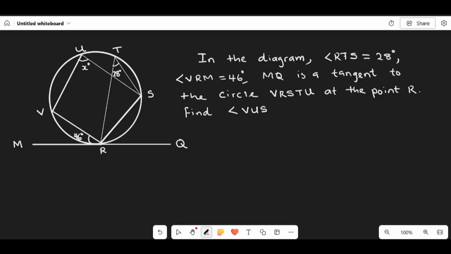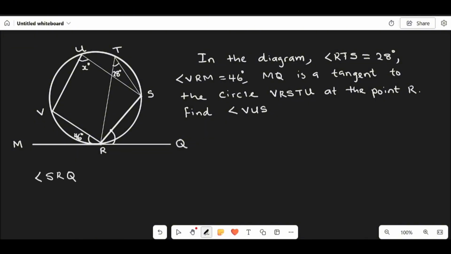is equal to the angle in the alternate segment. In this diagram, our tangent is MQ and our chord that we are considering here is RX, and the theorem says this angle SRQ is equal to RTS. So we can say angle